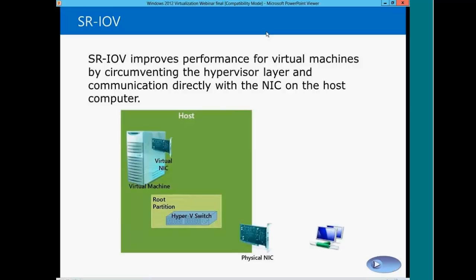So I can specify this virtual NIC is going to go to this physical NIC directly without going through the host operating system. So traffic that comes in bypasses the host operating system and goes directly to the virtual network adapter. Sorry, the slide here has a few builds in it. So that was a bypass packet, right? Rather than going through the host implementation of the Hyper-V switch, it goes directly to the virtual